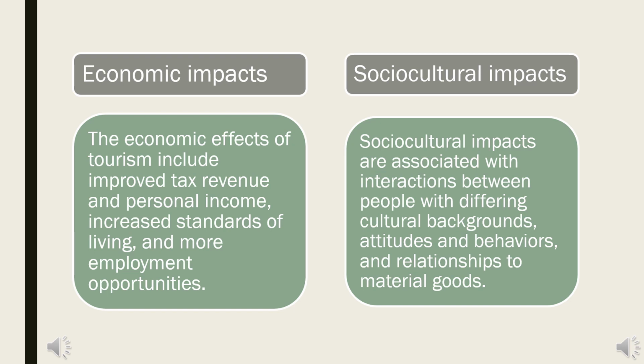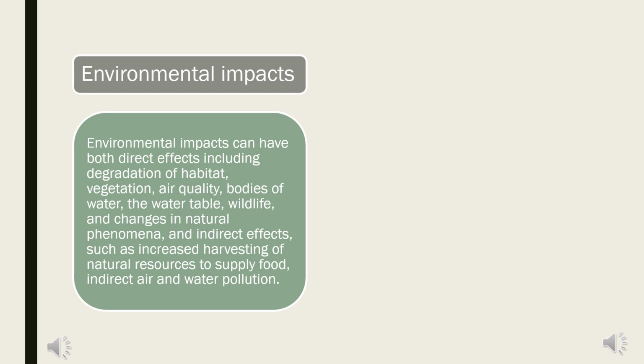Sociocultural impacts are associated with interactions between people with differing cultural backgrounds, attitudes and behaviors, and relationships to material goods. Environmental impacts can have both direct effects, including degradation of habitat, vegetation, air quality, bodies of water, the water table, wildlife, and changes in natural phenomena, and indirect effects, such as increased harvesting of natural resources to supply food,